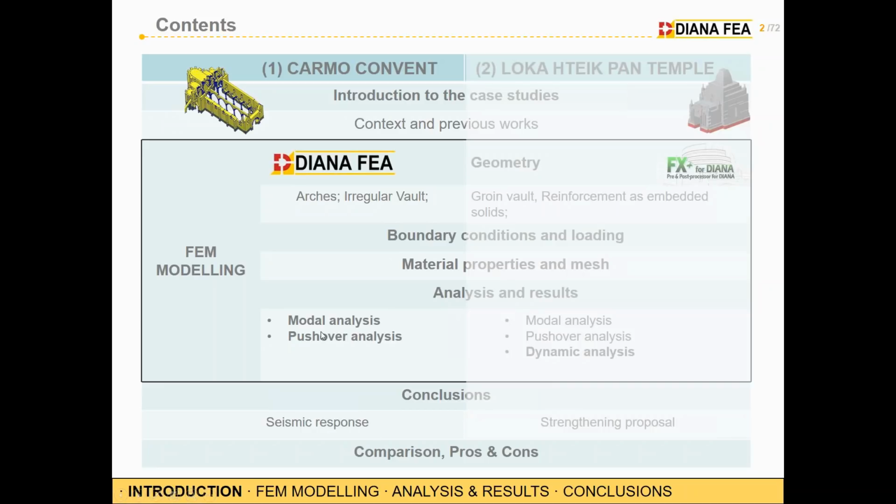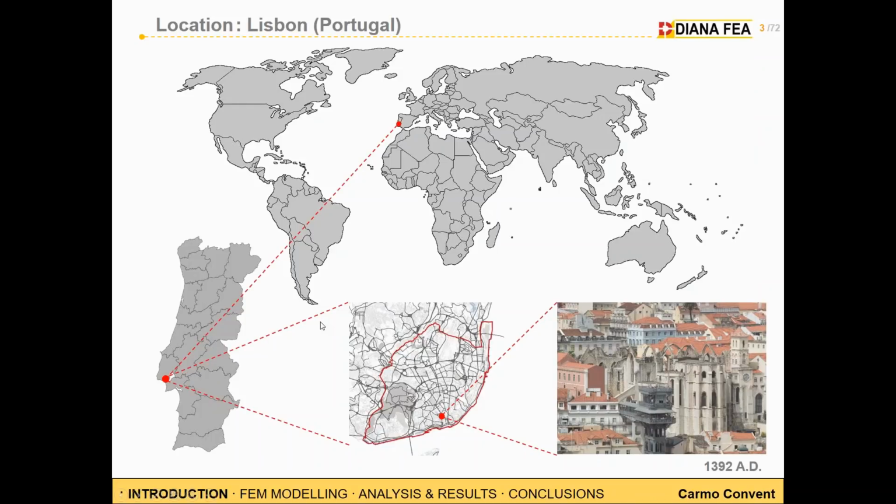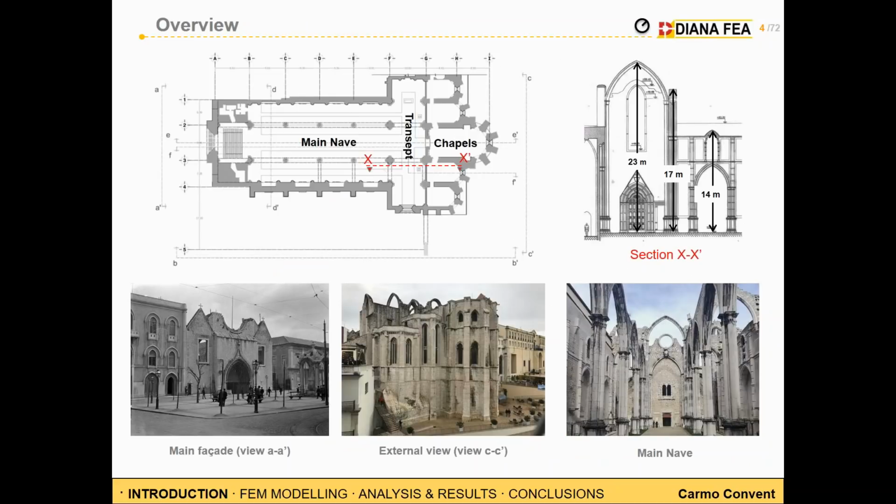Let's start with the first case study, Carmo Convent. The Church of Carmo Convent is located in the center of Lisbon city, and it is one of the most visited attractions of Lisbon. It was built at the end of the 14th century in a Gothic and Neo-Malin architectural style. As you can see from this picture, the church is very complex. It has 3 naves, 1 transept and 5 chapels. It is just the very traditional Latin cross plan of the Gothic churches,